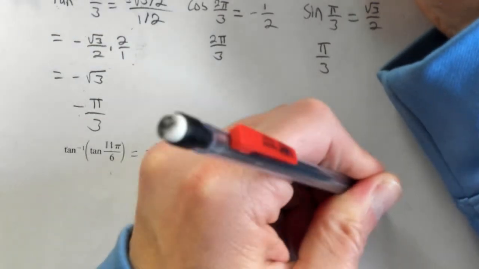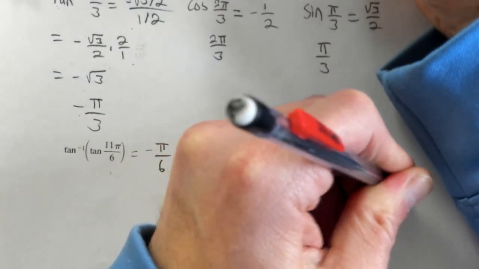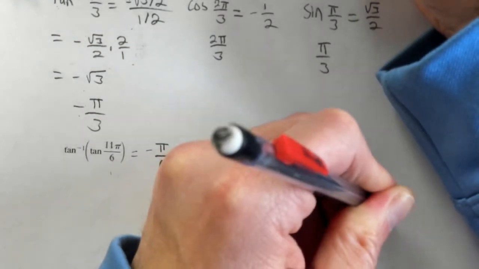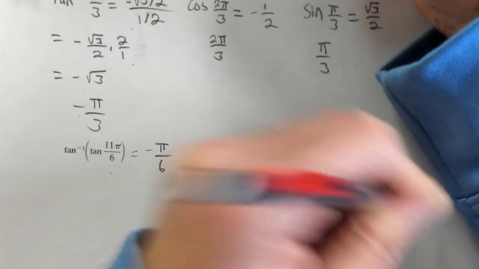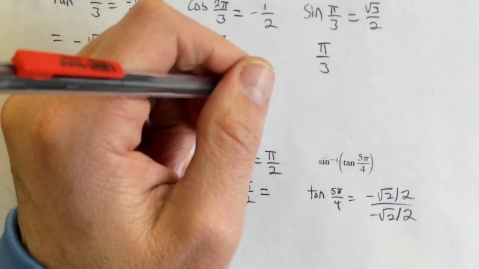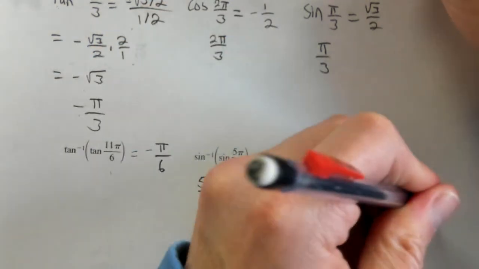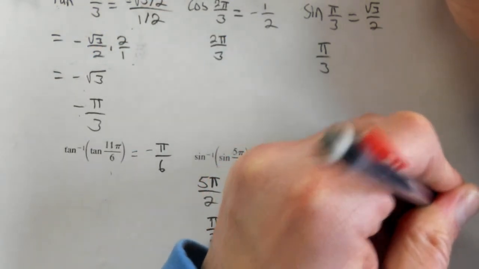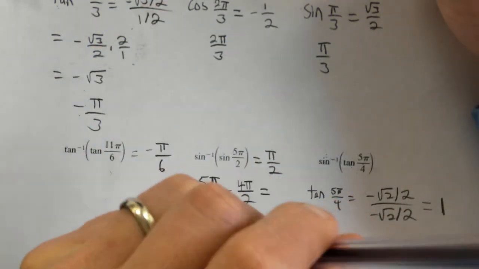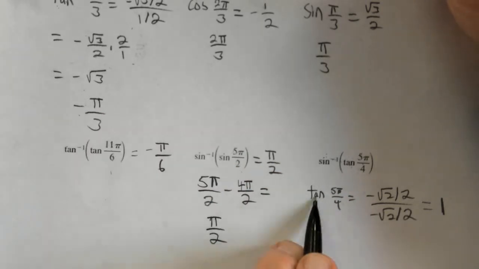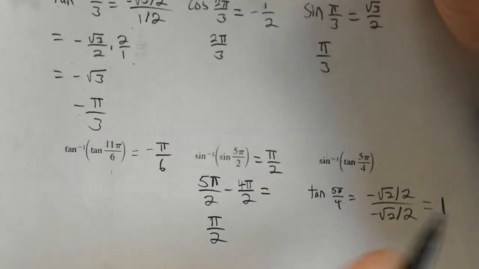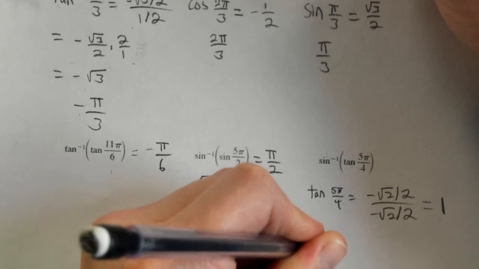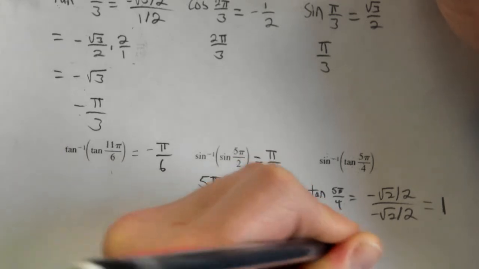And so I know right away that that's 1. And so the tangent of 5 pi over 4 is 1,